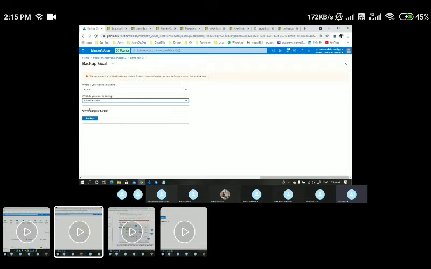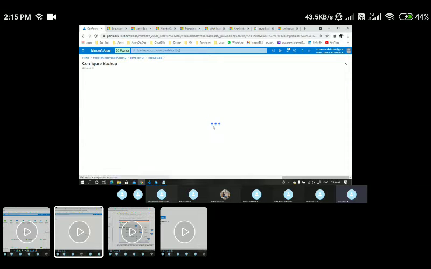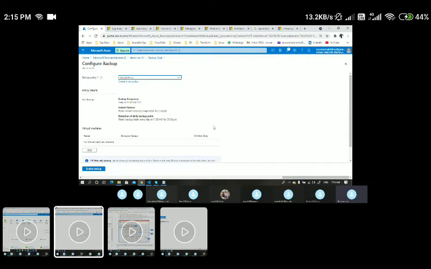So for now, let's go with configuring the backup. Here I have chosen my goal: my workloads are up and running on Azure and I want to take a backup of a virtual machine. Let me click on backup. Whenever I click on backup, it will ask me to create a policy, like how frequently we want to take a backup, based on the criticality. We might be taking a backup on a daily, weekly or monthly basis. That will be decided by your customer based on the application criticality.